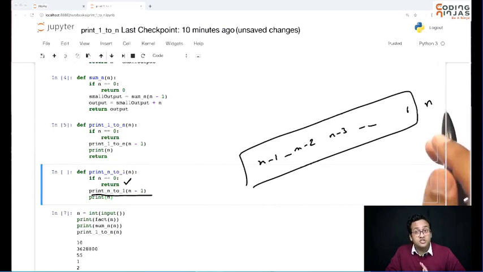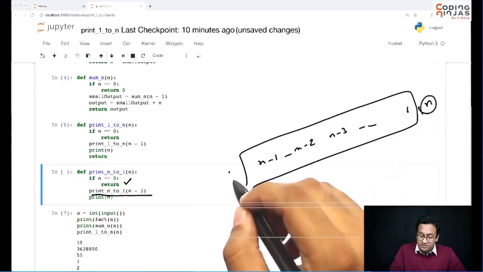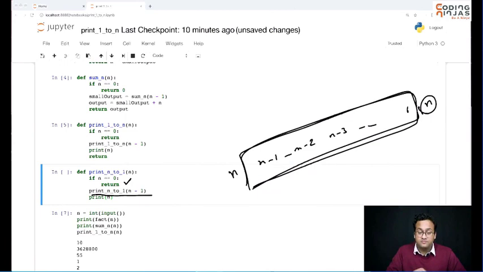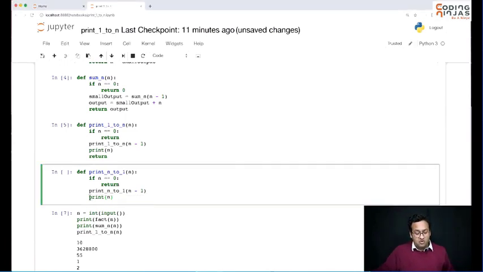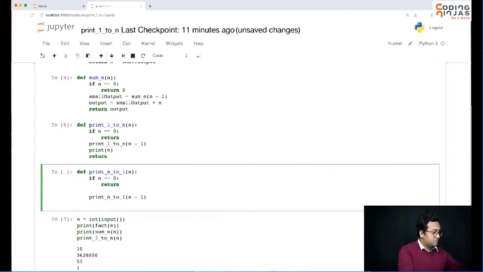So this function is not going to work the way you intended it to work. N should have been printed before doing all of this. That basically means everything else is almost correct. Everything else is almost fine except this. This was the only mistake that we had.